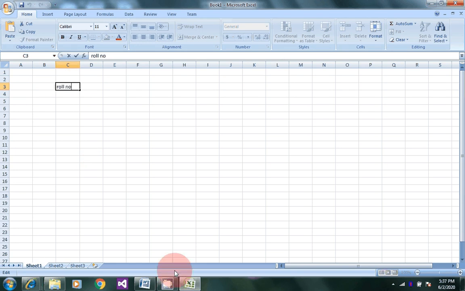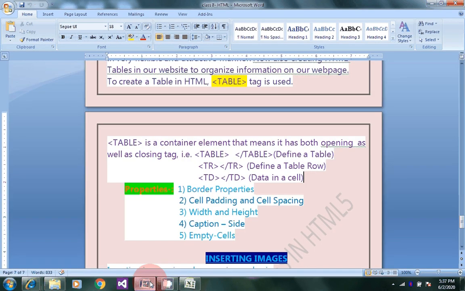Next, the syntax of cell padding you can also see in your book, where value equals top padding, right padding, left padding, bottom padding in px, that is in pixel, in centimeter or in percentage.